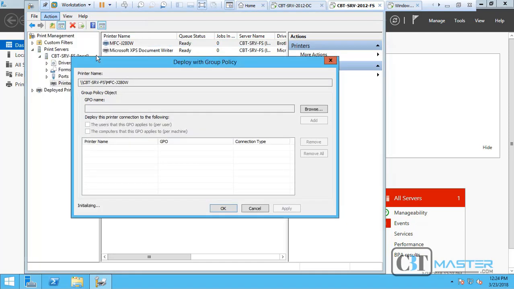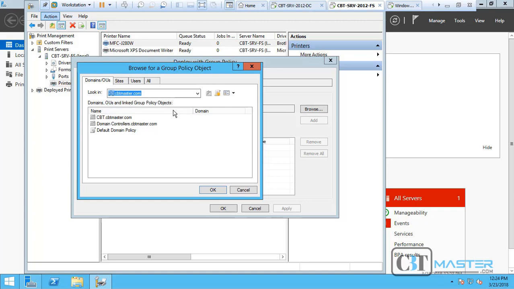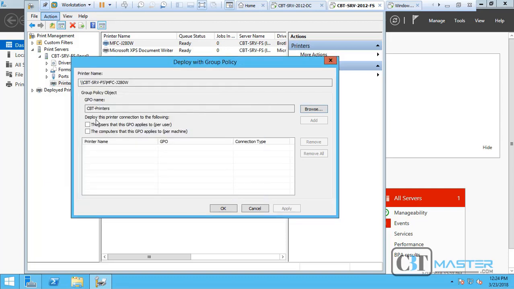And click Browse. Our linkage was on Computers under the CBT-Master. So double click there and you can see that's the policy that we created. Now notice that we have two options. Do we want to apply this per machine or per user? I will select per machine, so that it doesn't really matter who is logging into the